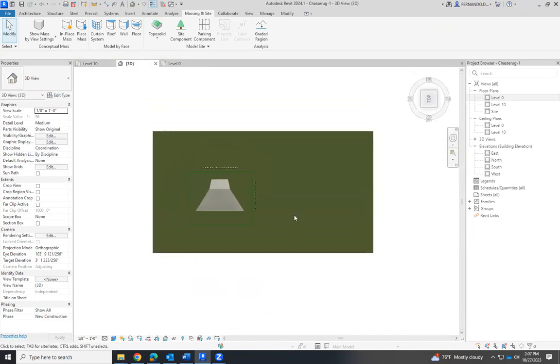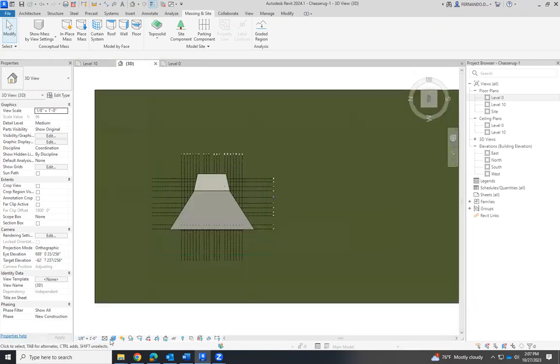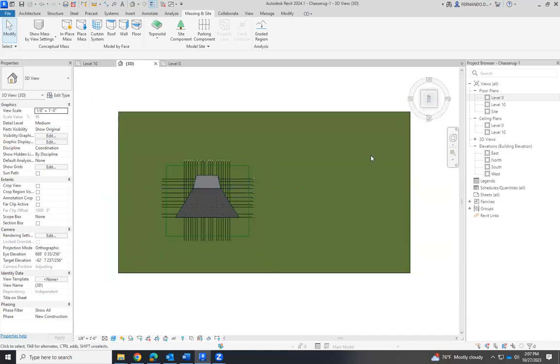And now I have to start working with the toposolid geometry. But Revit 24 is not based on contour lines. I wish it were, but it's not. So little by little, you have to understand what we are doing.